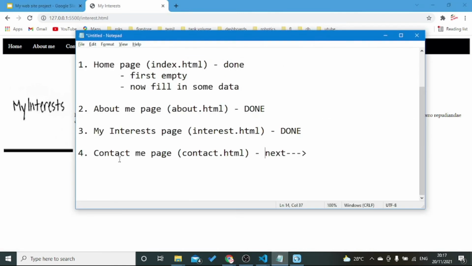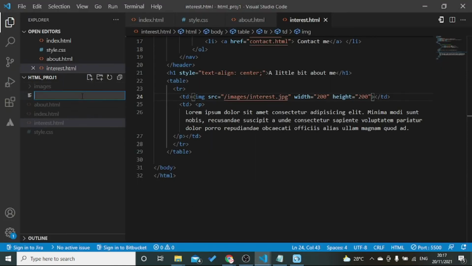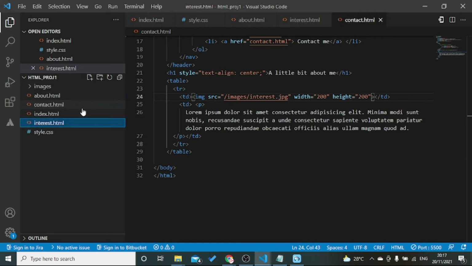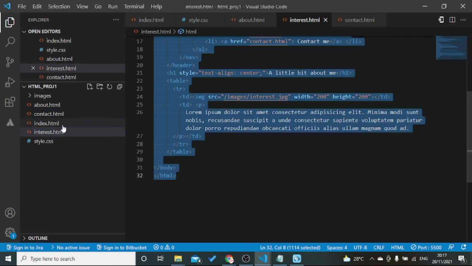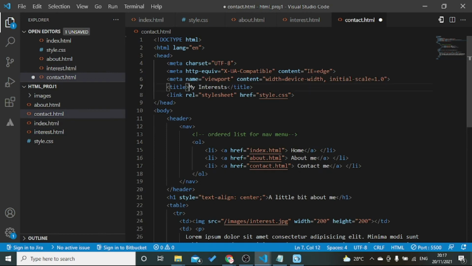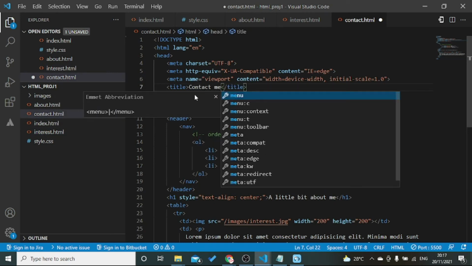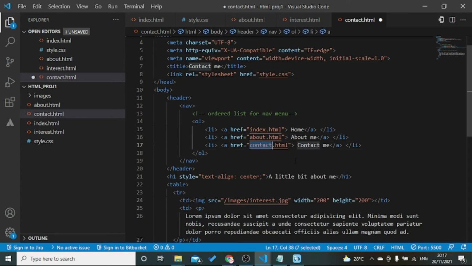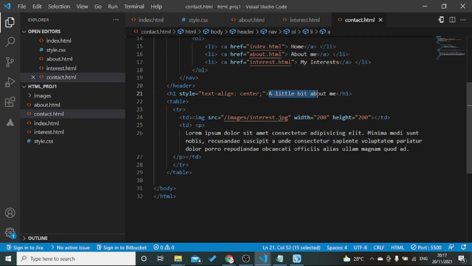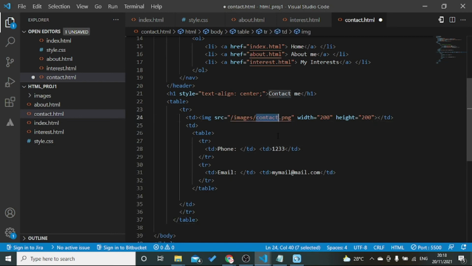Now we are going to build contact. The contact image.